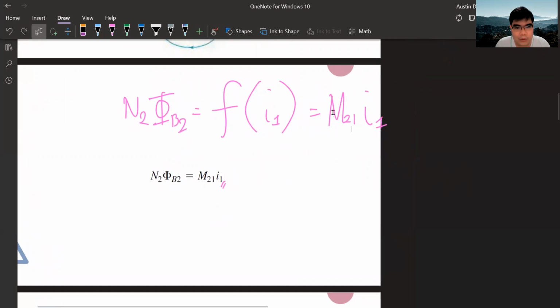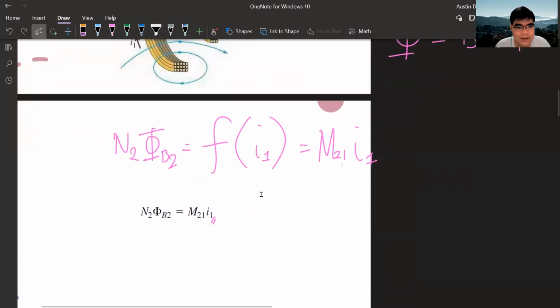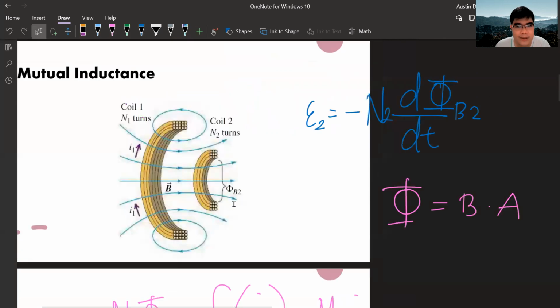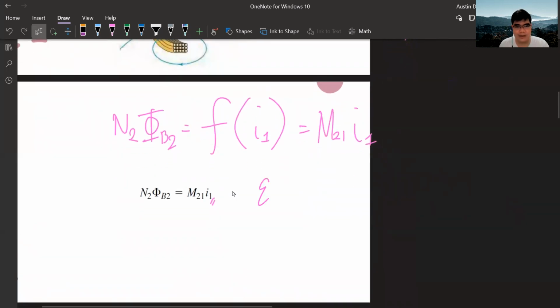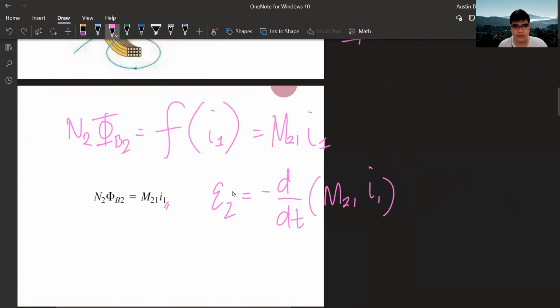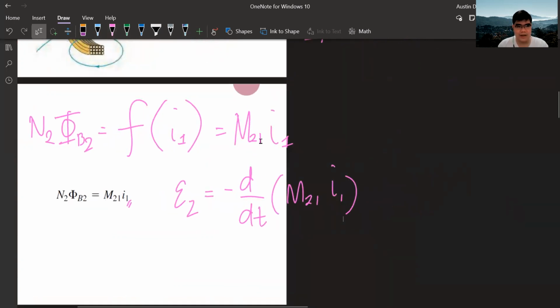Okay, so itong M21 na to, tinatawag natin siyang mutual inductance. Okay? Mutual inductance. So let's try to use this in our equation. Now, pansin natin that E2 must be equal to negative d/dt times yung M21 I1. And we know M21 is just a constant. Si M21 yung mag-hold ng iba't ibang constant na meron dito sa equation na to, no? Kasi hindi naman talaga natin alam kung ano kung